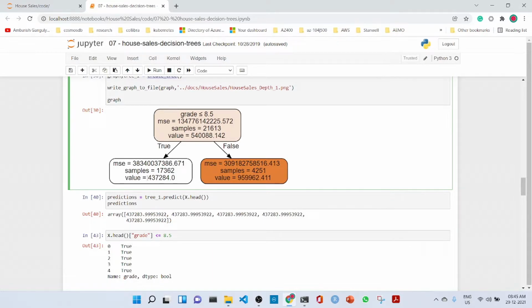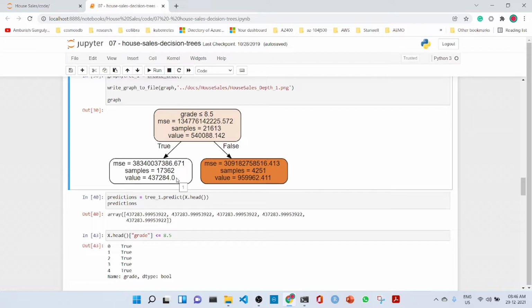The value for the samples with grade less than 8.5 is 437,284, and the value for those greater than 8.5 is 959,962.